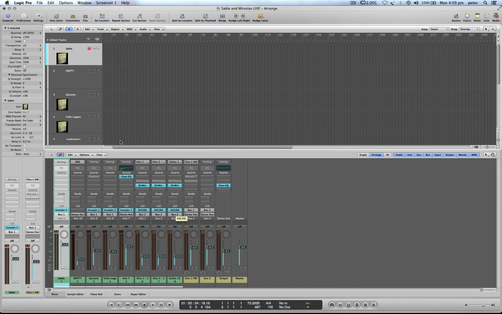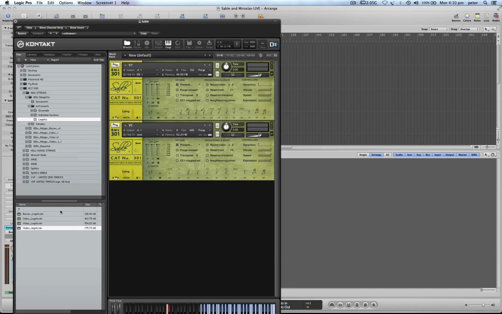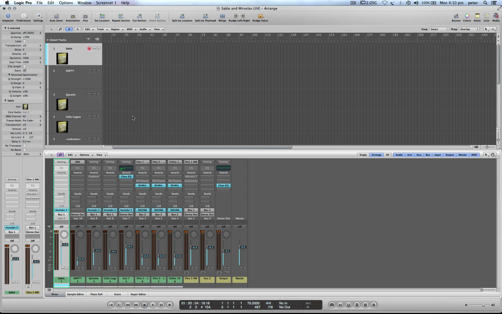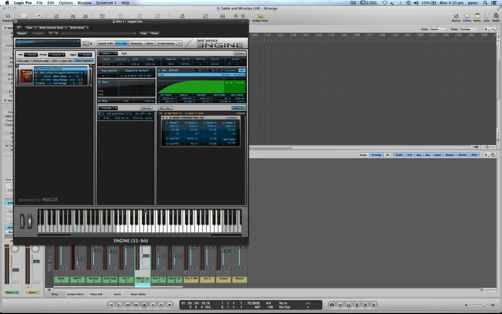What I've got in the first channel strip is a big strings patch that I like to use. I'm using Sable strings, cellos and violins. Before I go out of that, I've mapped the dynamics to my mod wheel, so it crossfades between lower and higher dynamic samples. I also use Miroslav as part of my string combination patch,